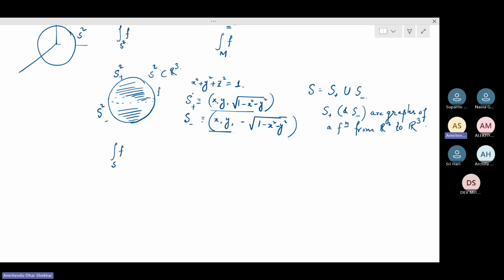You could take the n-dimensional sphere also, it works there. So you can write this as the integral of f over S plus and then f over S minus. Okay. So you're integrating it over the upper hemisphere, and then you're integrating it over the lower hemisphere as well. Okay. Now,